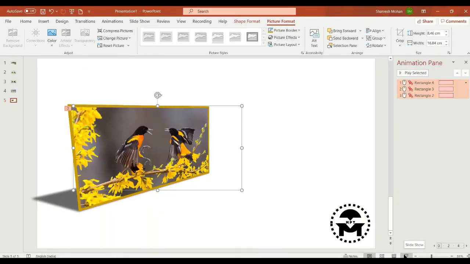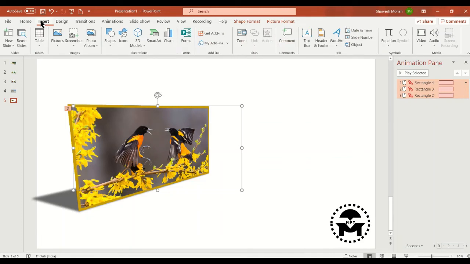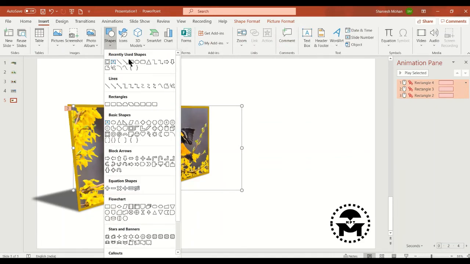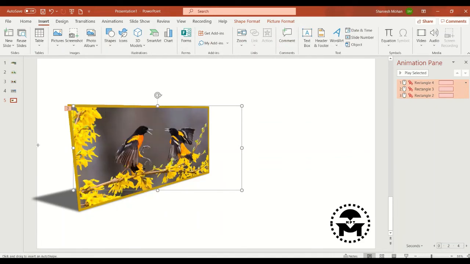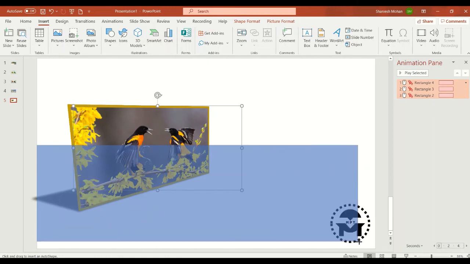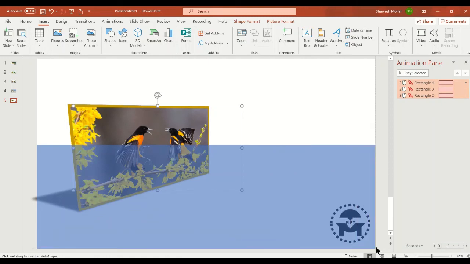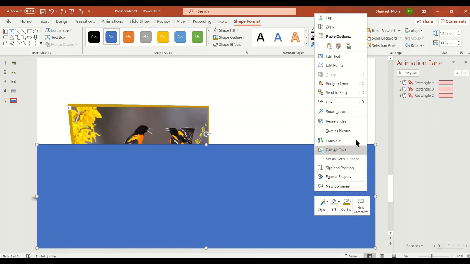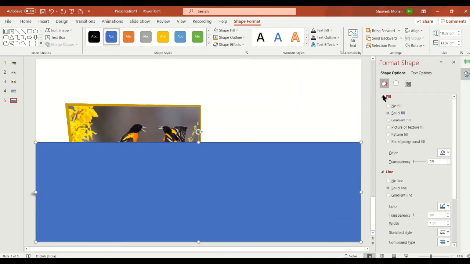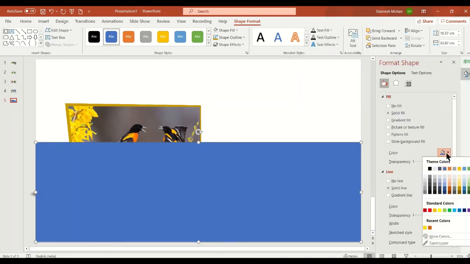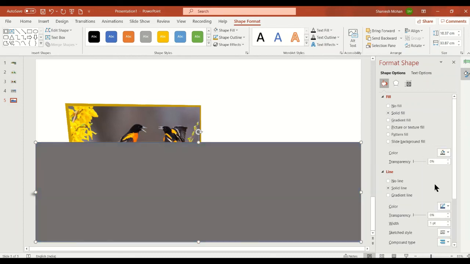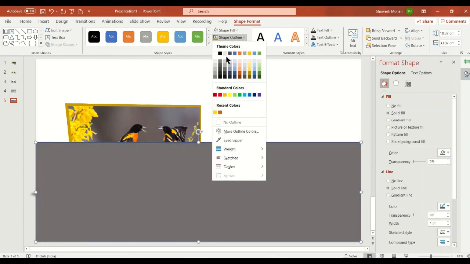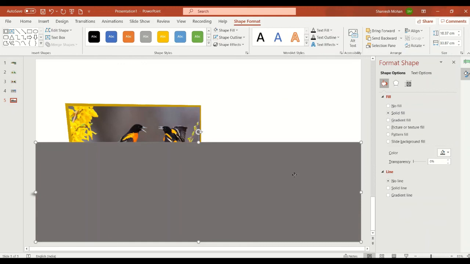Let's give a 3D effect. Let's go and draw one rectangle over here. Let's go to Insert, draw a rectangle here, and give it a gray color, something like this color, make it no outline and send it to back.